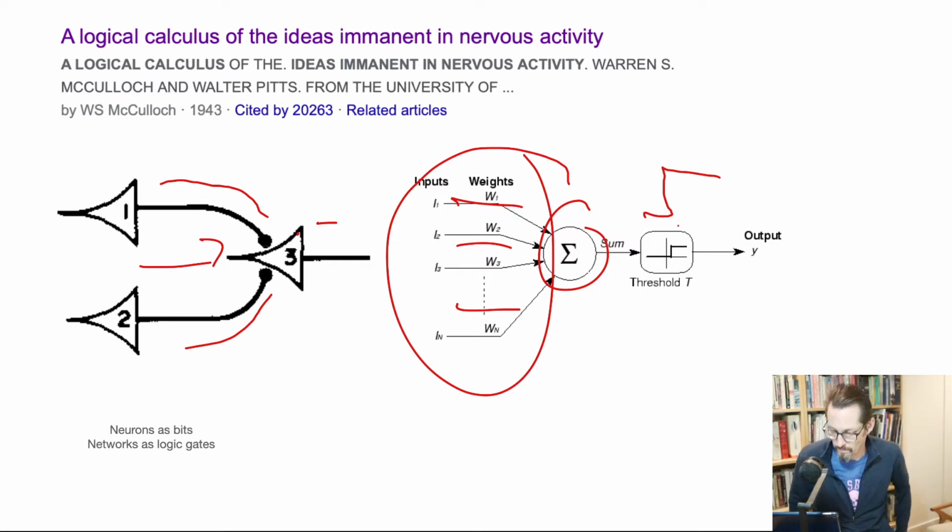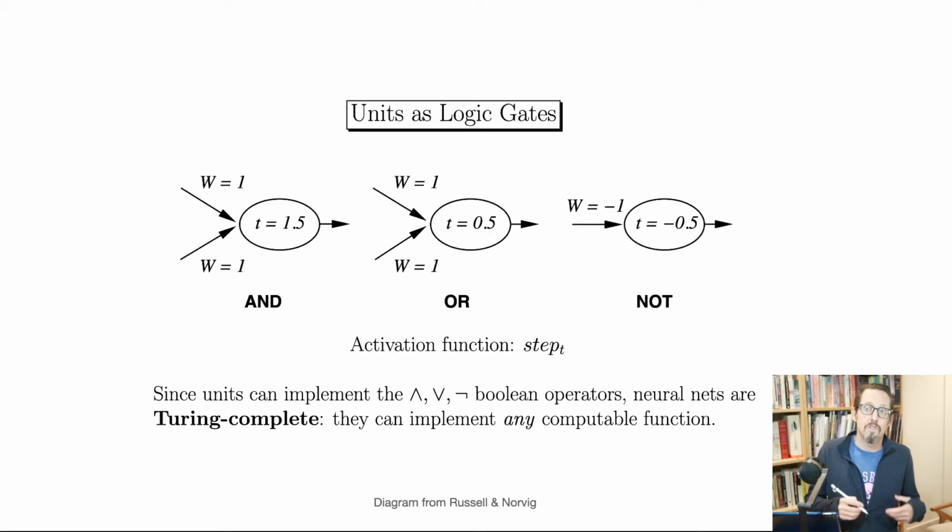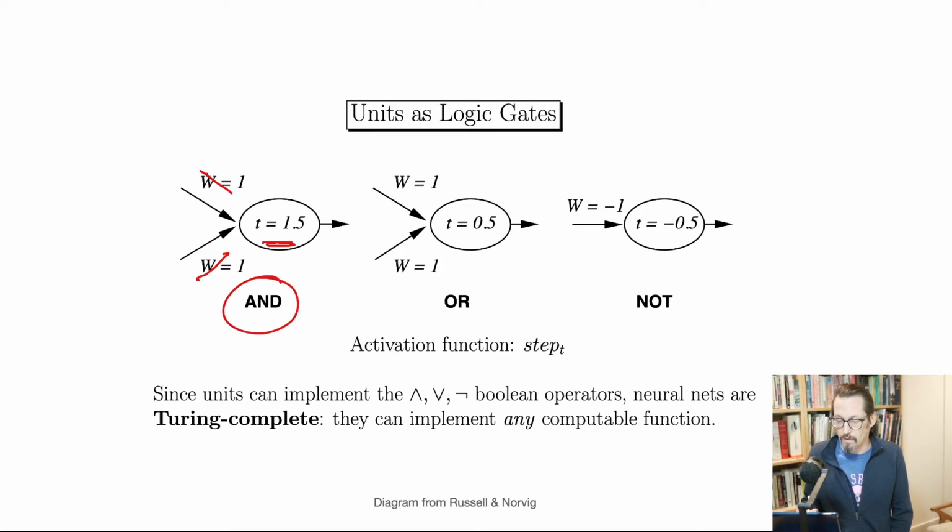Off you go. All right, Magic's telling me McCulloch-Pitts is lame. So just FYI, you can come up with ways in which inputs can operate in logic gate fashion. Okay, this is the way that computer chips operate. All right, so if we have a 1 and a 1 and we add it up, we get a 2. And if we set our firing threshold at 1.5, anything over 1.5 is going to fire us, so 2 is going to fire us. We've implemented a logical AND. And you can set up logical ORs and logical NOTs and stuff like that.